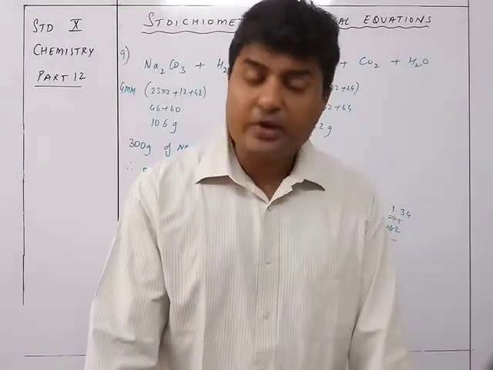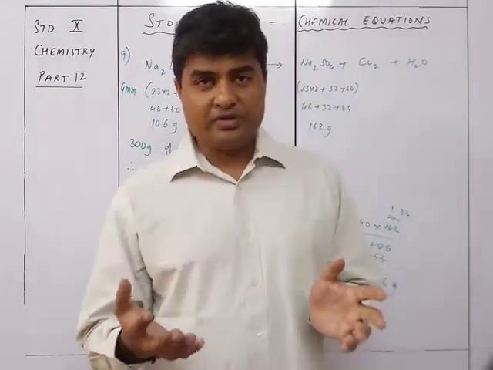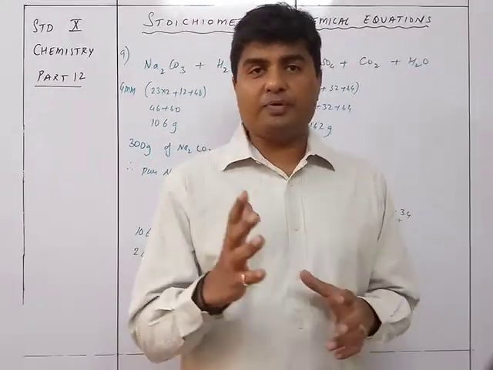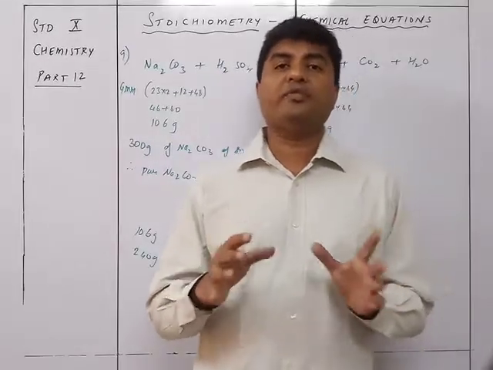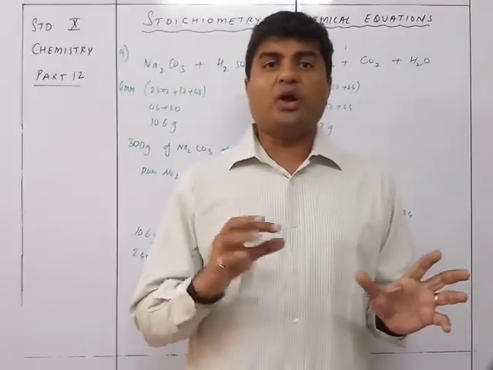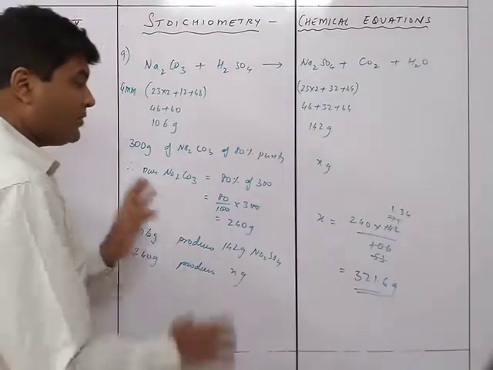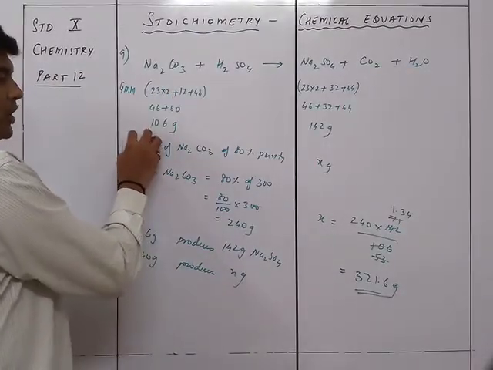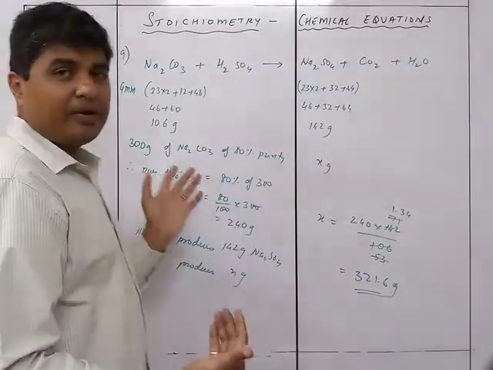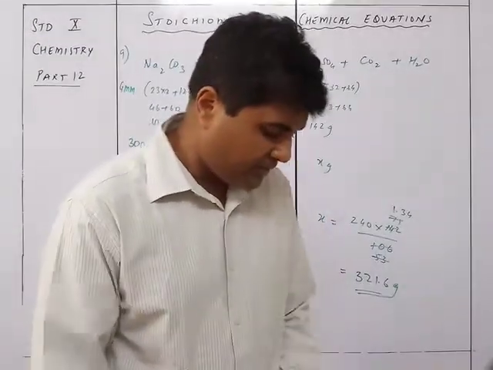Whenever any sum of purity is given to you, you need to understand that it is impure, so if it is 300 grams at 80% purity, how much pure substance is inside? 80%. So that's why we are going to take 80% of that particular quantity which is given to us. You cannot just find the answer directly from 300. If it is not 100% pure but 80% pure, then 80% of that particular quantity should be taken into consideration. So that was sum number 9.